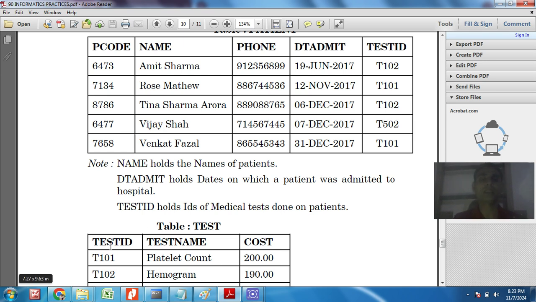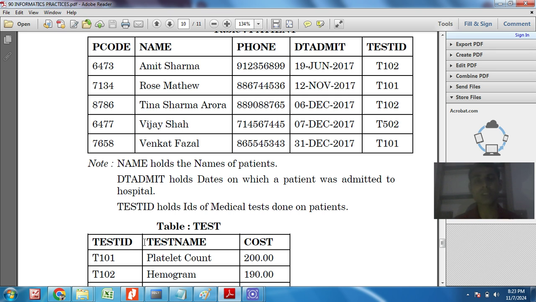This is the driving table and this is the driven table. We can say that this is the parent table and this is the child table. In the test table, test id must be the primary key. In a separate video I have discussed how to make a foreign key, and I will put the link in the description box, so you can go there and see how to make foreign keys.